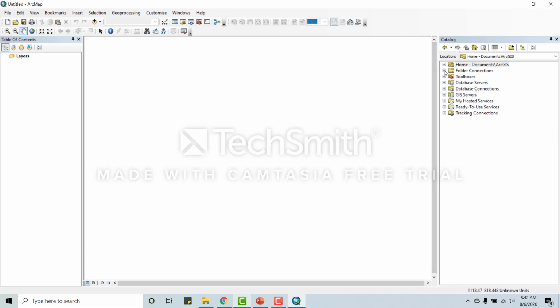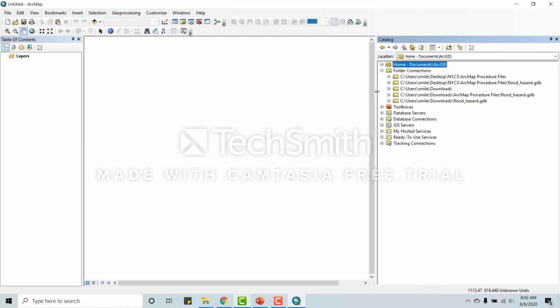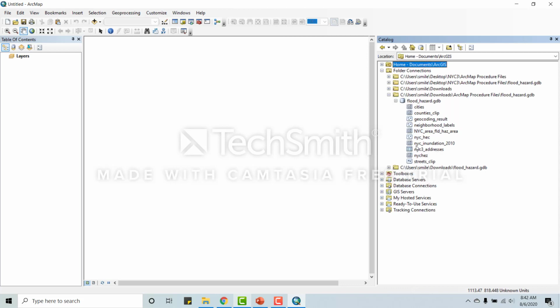Then here in the catalog, we can see under folder connections if we expand that menu just by clicking the plus sign. We'll see a couple folders that I've connected to. The one that we're doing in this process is the ArcMap procedure files, the flood hazard geodatabase. We'll just expand that one too. You can see all the layers that I've included. We're not going to be using all of them today,